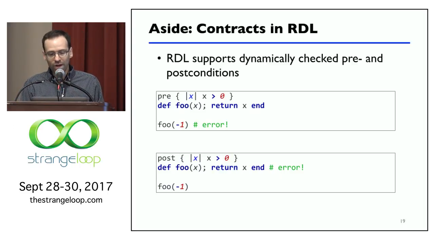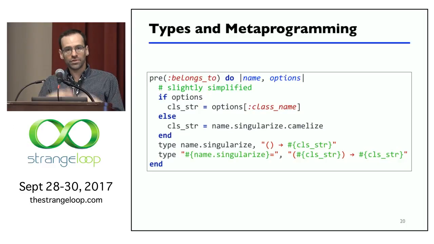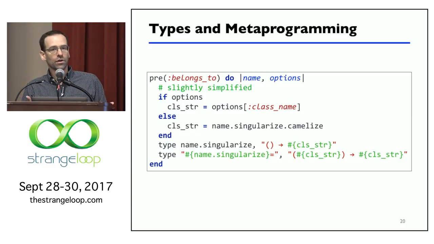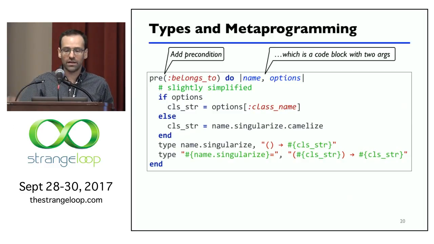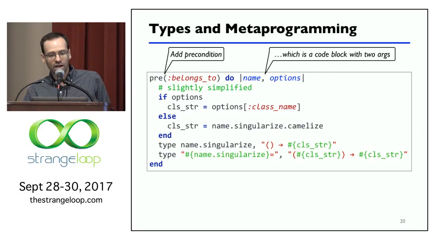All right. So when you have that pre call, we can abuse it to intercept the belongs_to call and create type annotations on the fly. Now, of course, when RDL takes over the world, this will just be part of Rails. But until it does, we have to sort of tack it on afterwards. So the way we do that is we add a precondition on belongs_to. We're doing this purely for its side effect, not to actually check any conditions. We're going to take the same arguments that belongs_to takes, which is the name and the options. And then we have some code that creates the type annotation. So if options exists, then class string is options of class name. Otherwise, class string is